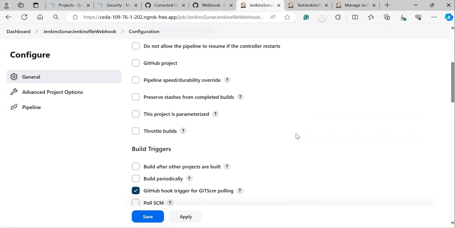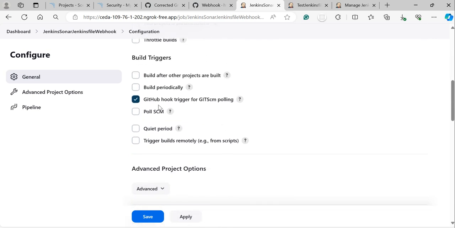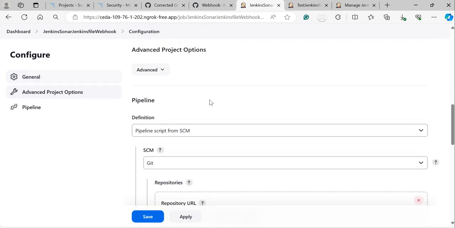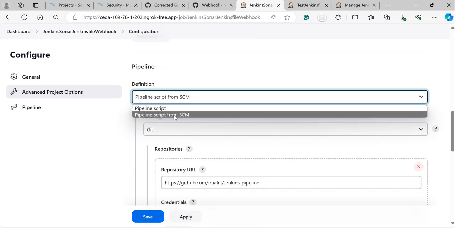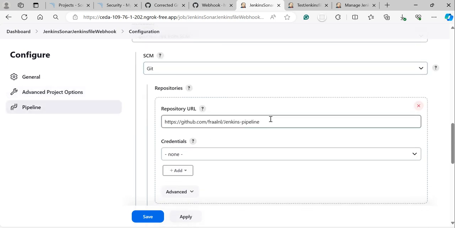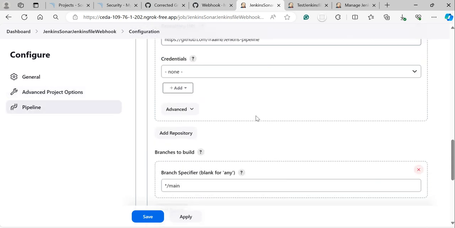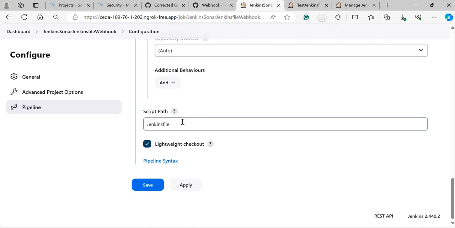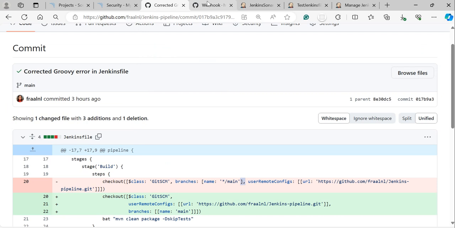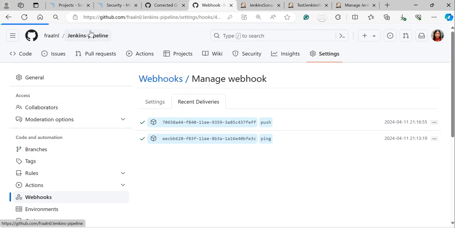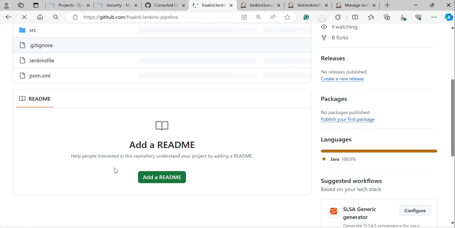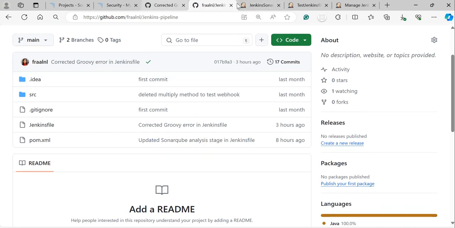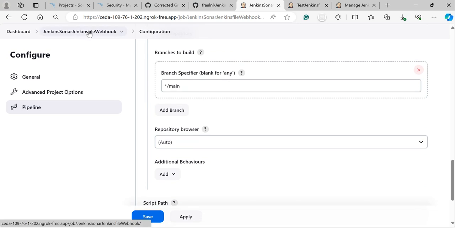This configuration is very easy. The only thing we need to tick is this one, GitHub hook trigger, for the webhook to trigger this one. And then here we choose pipeline script from source control, that is Git, and provide the URL of my project and specify the main branch, and then script path Jenkinsfile, because my Jenkinsfile is at the root of this project. So I don't need to specify the path. Then you save it, and